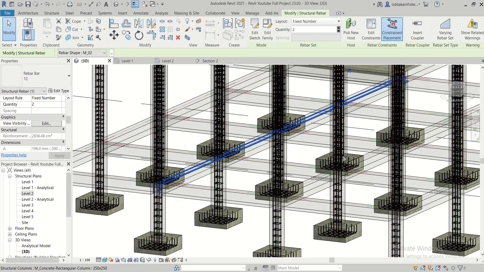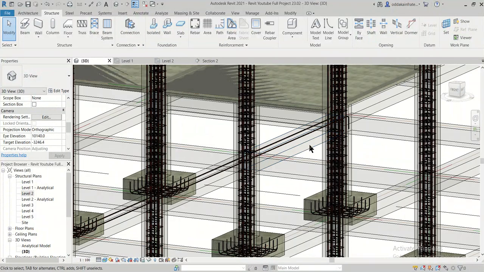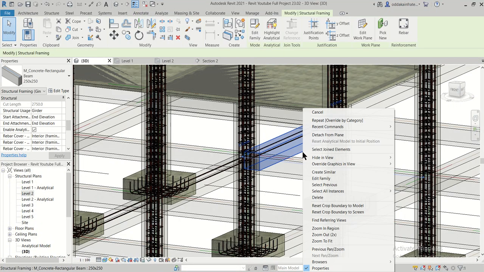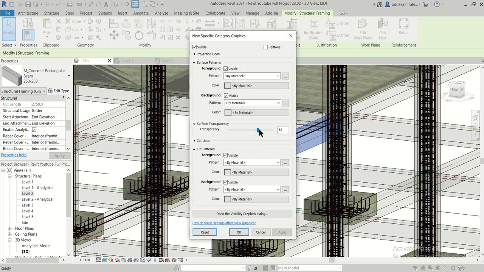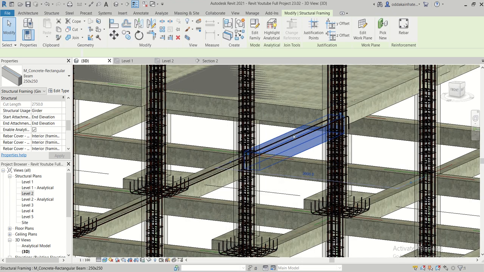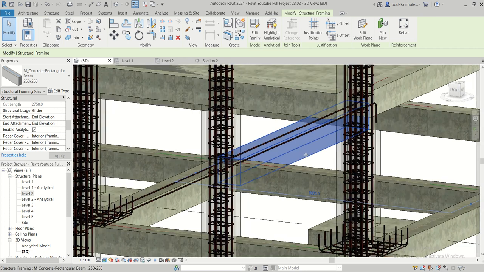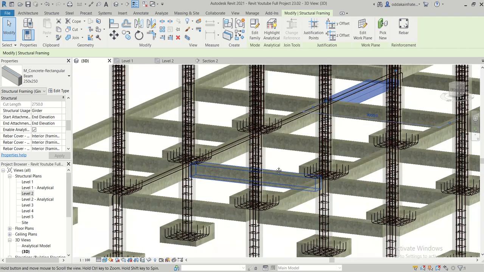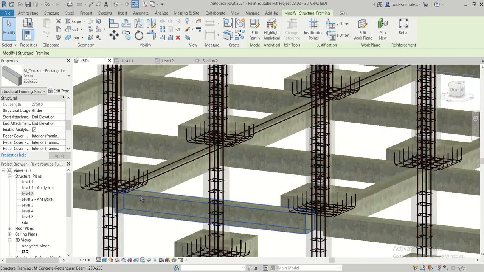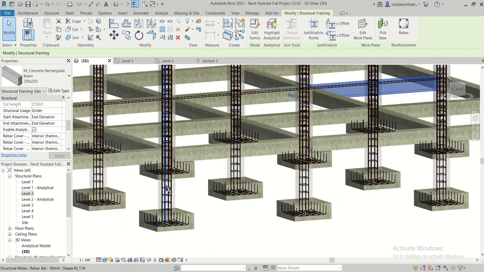So this is the beam which is looking. If you want a 3D view, you can just select this and right click on this, override graphics in view by category, and you can just decrease this also, apply, okay, and just to have an idea of how the beams look like. So, okay. Now this is the reinforcement for the beam which we have made. As you can check here,